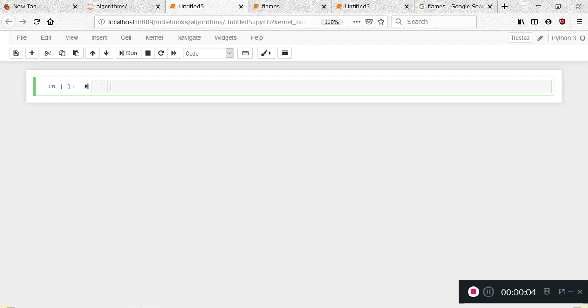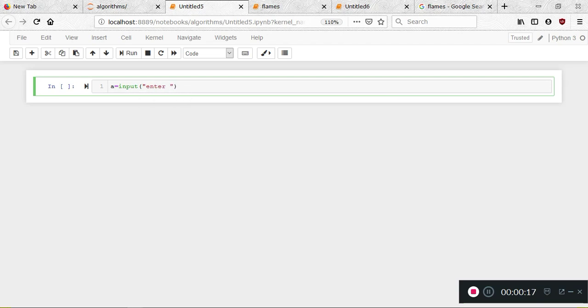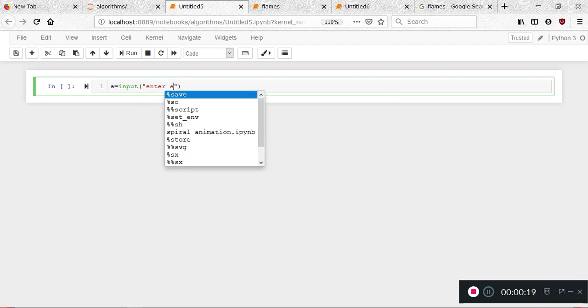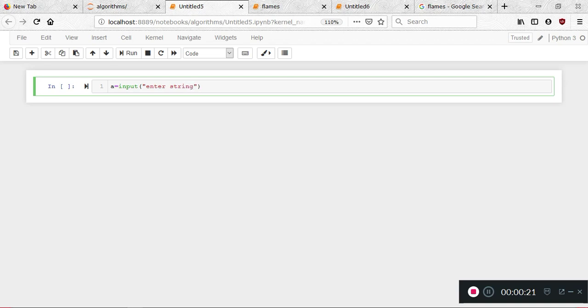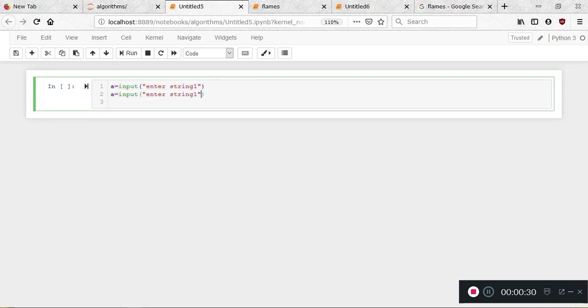Now I'm going to write a Python program based on the prerequisites. I'm going to do the following things. I'm going to take two strings from user input: enter string 1. Similarly, string 2, and then